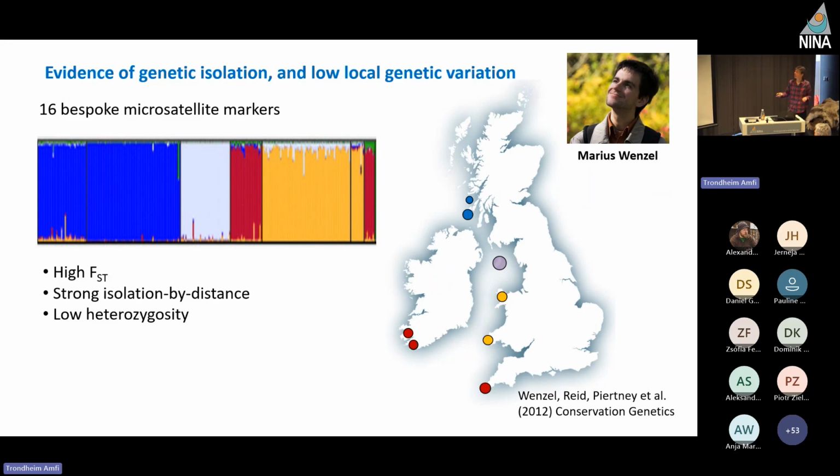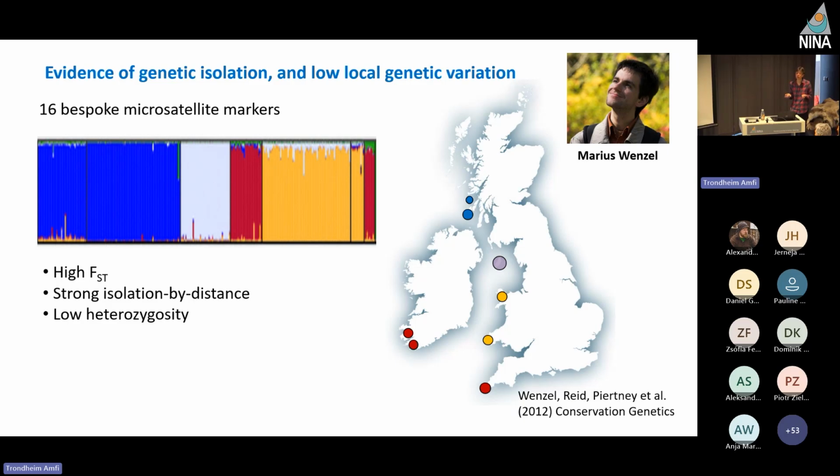So these blue sections here correspond to Colonsay and Islay. The purple one is the Isle of Man, the yellow ones are the two ends of Wales, and the red ones are Ireland and Cornwall. And this is quite interesting because the Cornish population was colonized in 2001, and this suggests that those birds came from Ireland. And in all cases, there was very high FST among these populations, particularly between the Scottish ones and the other ones,